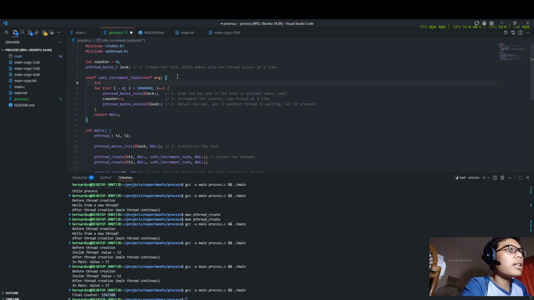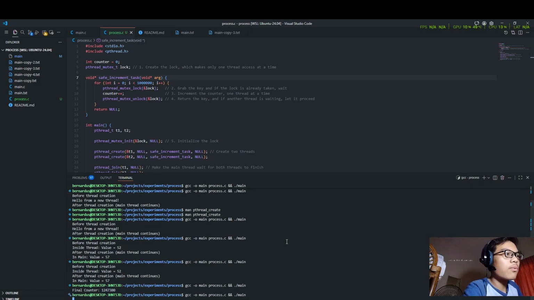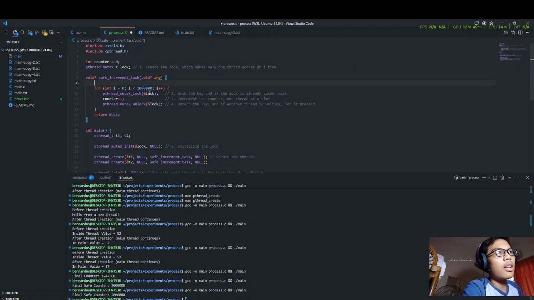The best implementation will be something like this. But for the sake of the video, let's test this first. Yes, the final saved counter is 2 million, but one thread will hog the lock too much, so the other counter will be sidelined. So the best implementation would be like this: local counter,